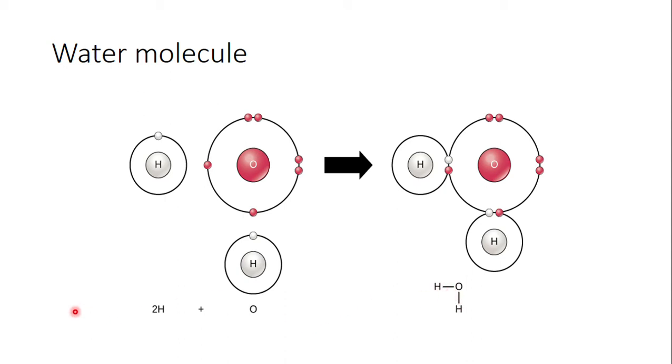Since 2 hydrogen and 1 oxygen atoms combine chemically, we call this a compound. The atoms combine chemically in the ratio 2:1. So the water molecule is formed and it is a molecule of a compound because different atoms have combined. Now can you tell me what is the atomicity of this molecule? Yes, it is 3 because totally 3 atoms have combined. So 2 hydrogen and 1 oxygen. Water has atomicity 3.